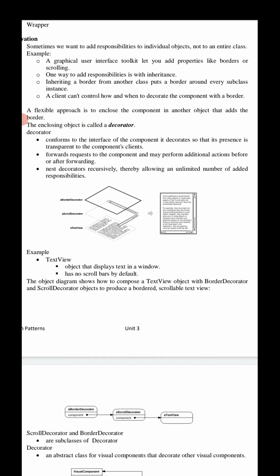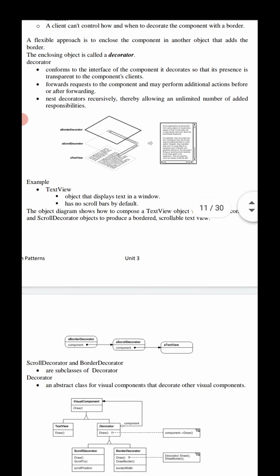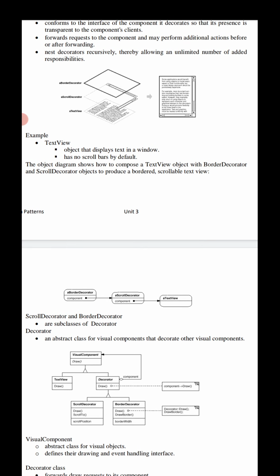Here the following diagram illustrates this. It is the object diagram.